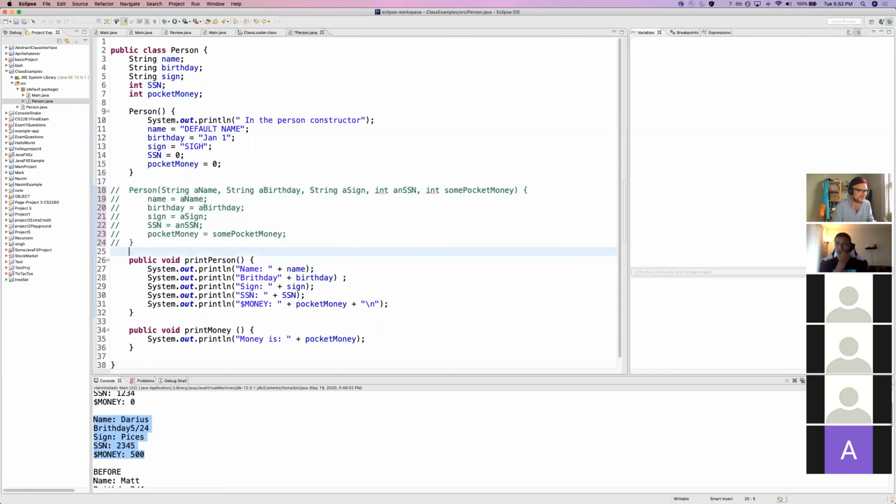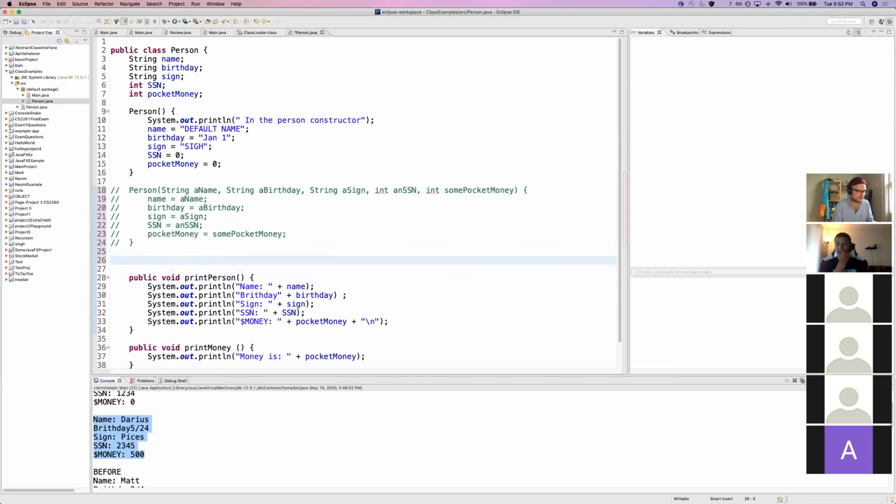We're going to write a constructor that is the exact same as the constructor above, but just with slightly different parameter names. So string name, string birthday, string sign, int SSN, int pocket